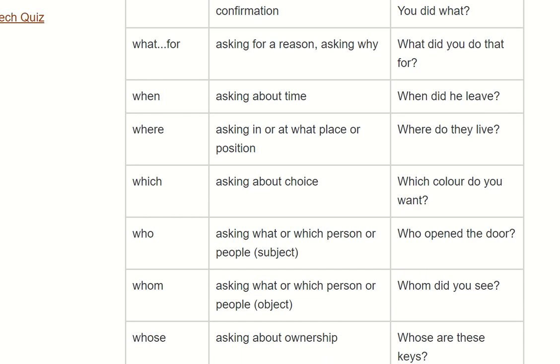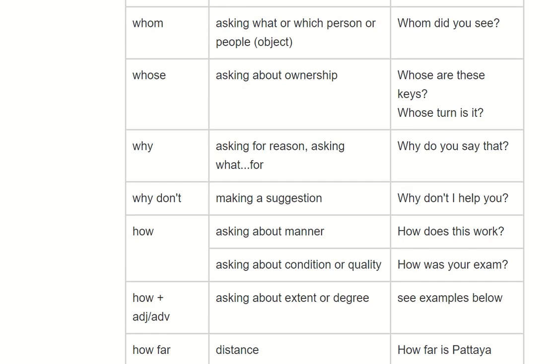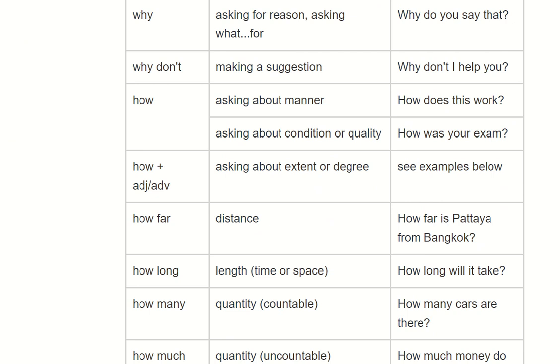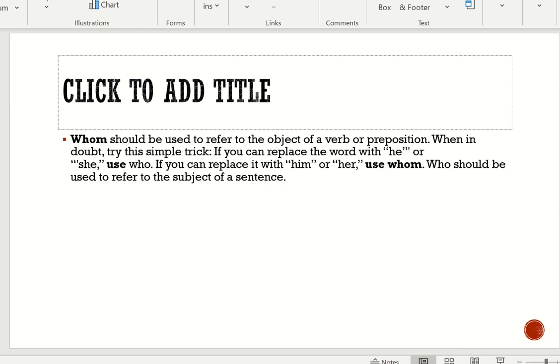There are so many WH words, and then they start off with W, and then we have plenty of words that start with H. How far, how long, and whatnot. Okay, next we are going to look at whom. If you're still confused about whom, it's actually whom we use whenever we want to refer to